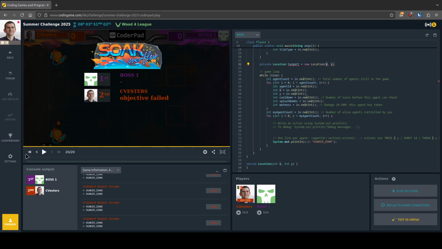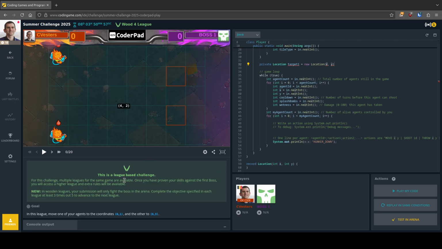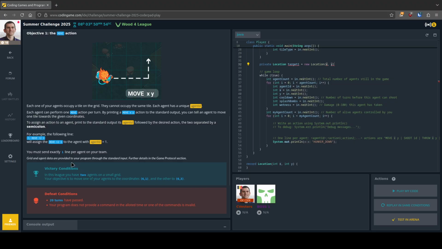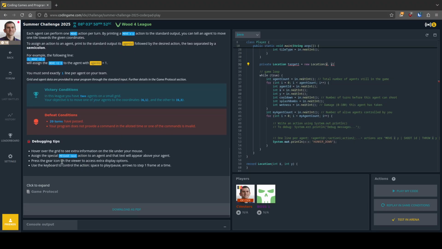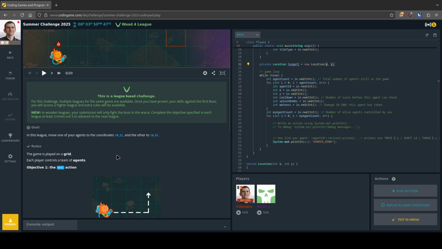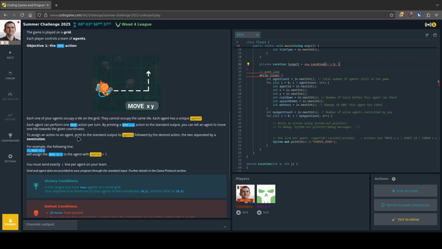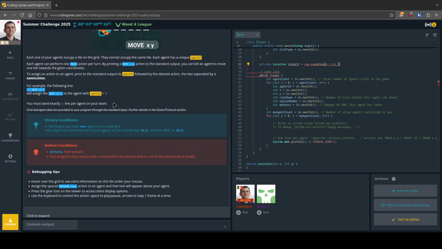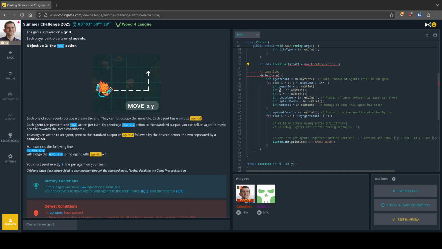I have to go back to my information. How do I go back to my information again? There was a way here to minimize it. Yes. The move action. Yes. Okay. In this, they can move one of your instruments. I hope it's XY based and not YX. But it doesn't really say it. And honestly, it does matter because I read it in. So if I would read it in incorrectly, then